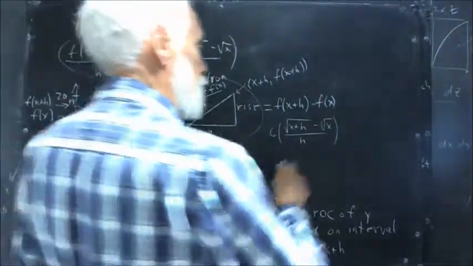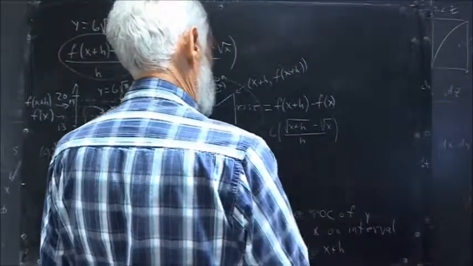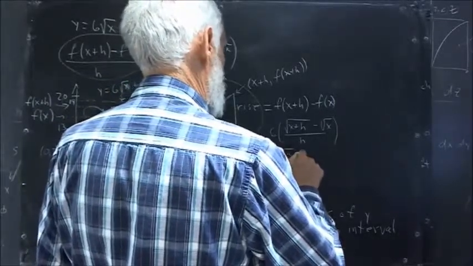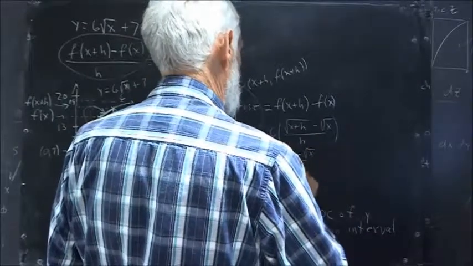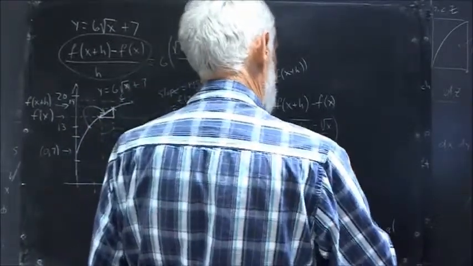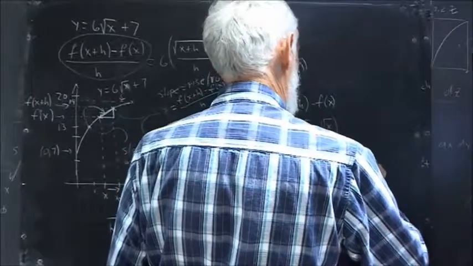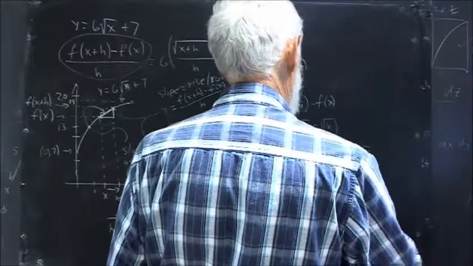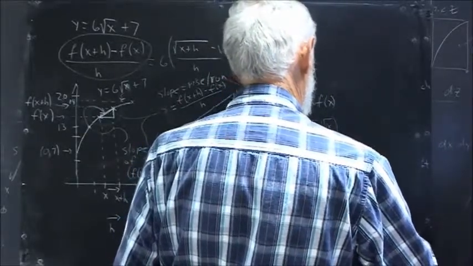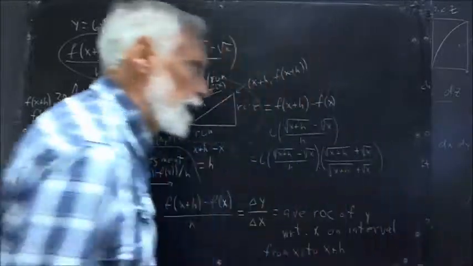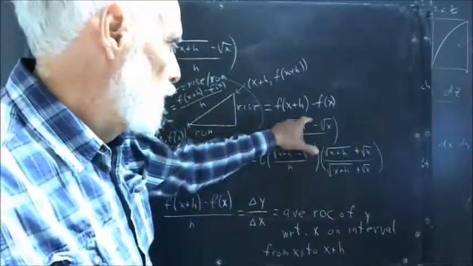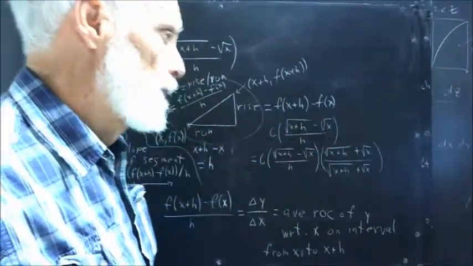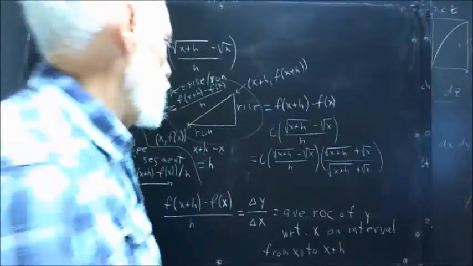is equal to 6 times the square root of x plus h minus the square root of x over h, multiplied by the square root of x plus h plus the square root of x over the square root of x plus h plus the square root of x. In other words, all I've done is multiply numerator and denominator by the square root of x plus h plus the square root of x. The advantage of that is that